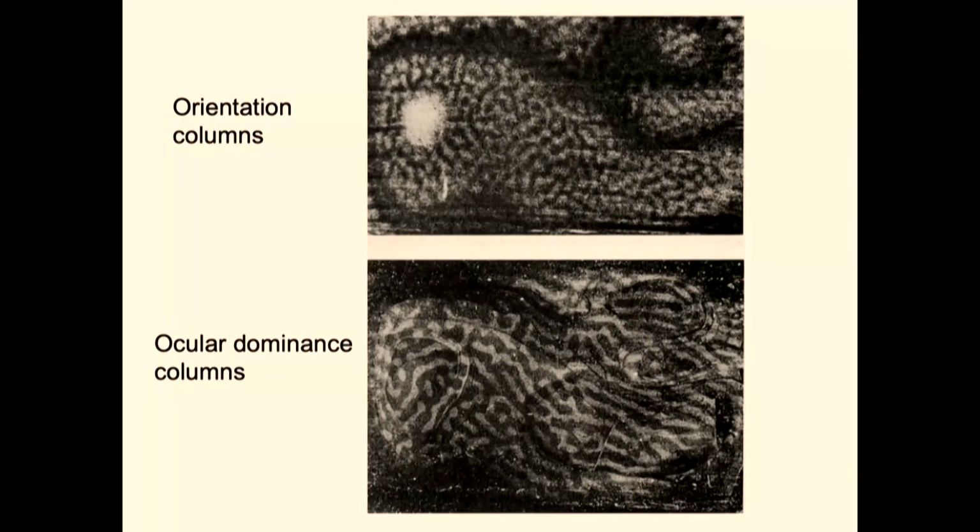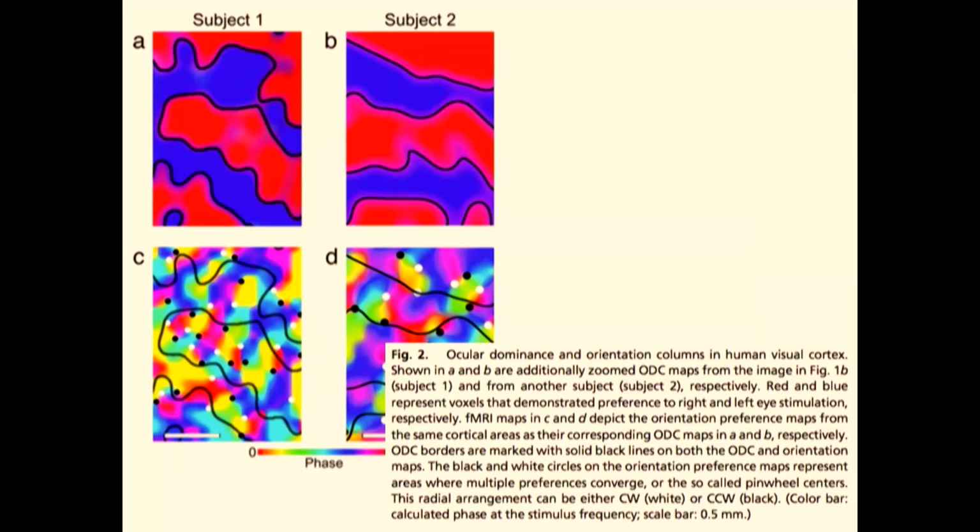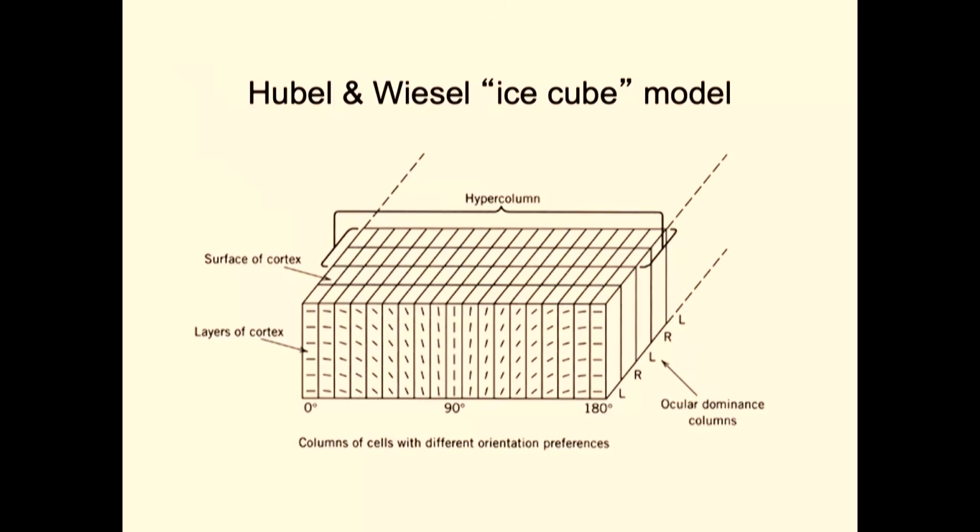So this is from optical imaging in animals. You can also see this stuff in humans. This is an fMRI experiment that measured ocular dominance columns. This is two particular subjects, and then overlaid them on orientation columns. All right, so these columns gave rise to this kind of cartoon model of the visual cortex, where the idea